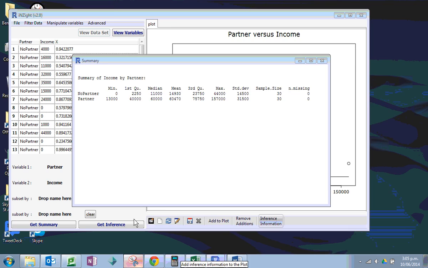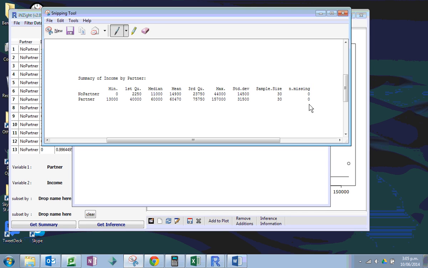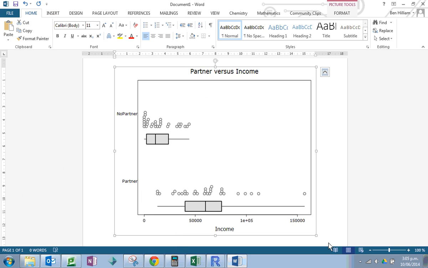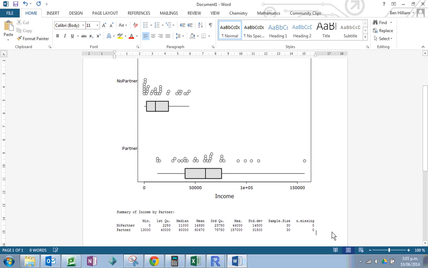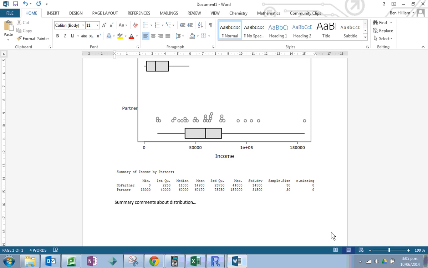So same thing again, screenshot. So screenshot that, and then put that into Word. Alright, and then it's after that that I make all my summary comments. Okay, so summary comments about distribution. Okay, so after I've done my summary comments, which would probably be maybe 5 or 6 paragraphs, then I want to get my